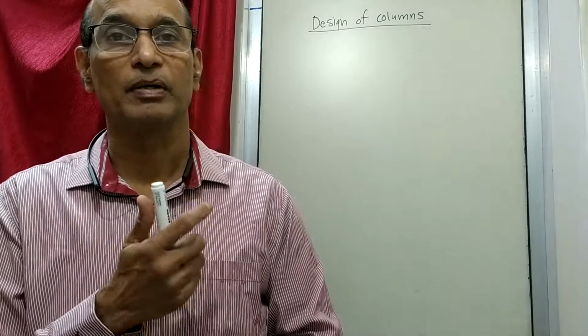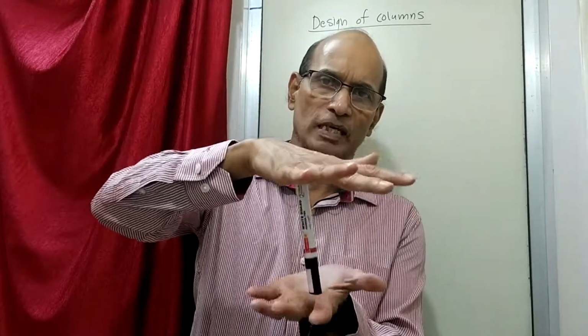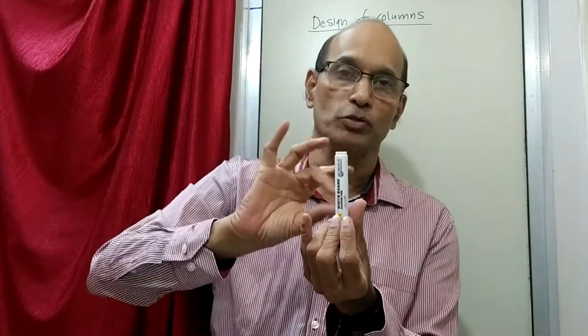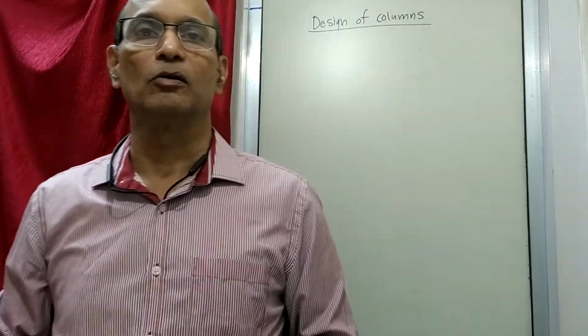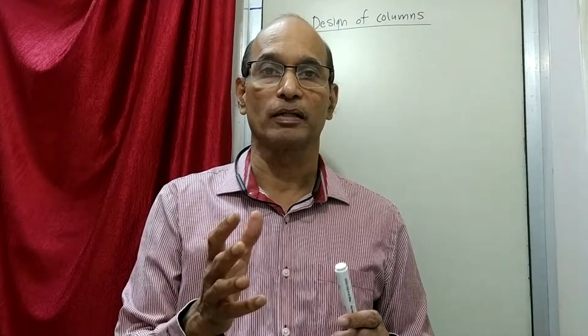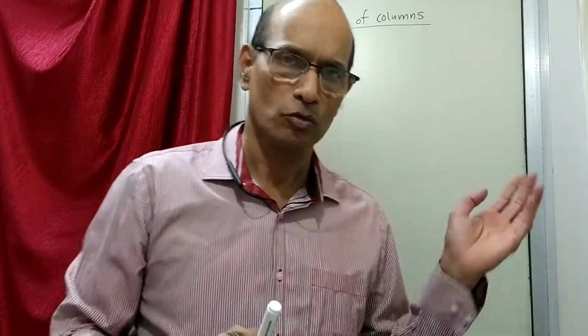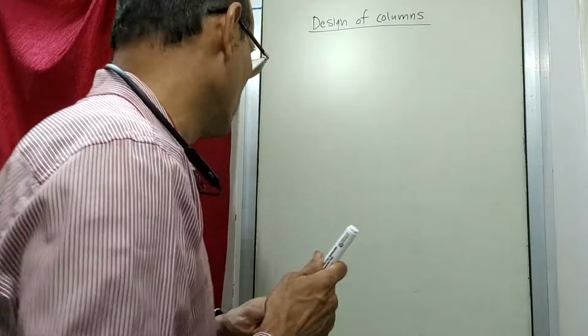What kind of load must it be taking? It is a column, so the load it is taking will be of a compressive type. Columns normally take loads which are of compressive type, but there could be some situations where the load could be eccentric as well. In addition to compressive load, there could be eccentric load also. We are just going to learn how these things are to be handled.